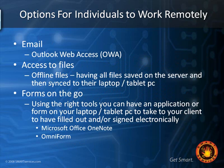A good email option for remote workers is Outlook Web Access. Now, those of you not familiar with Outlook Web Access and the way it works,